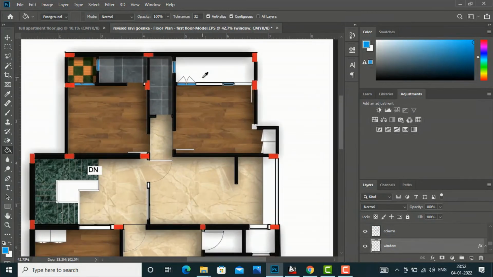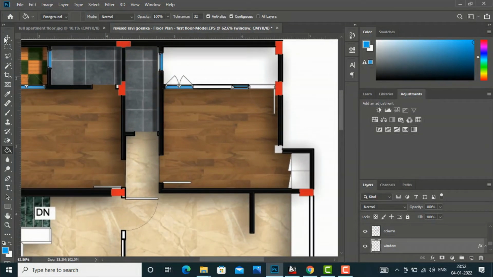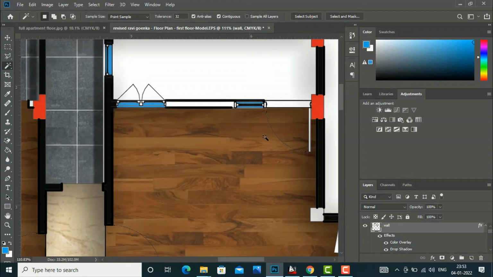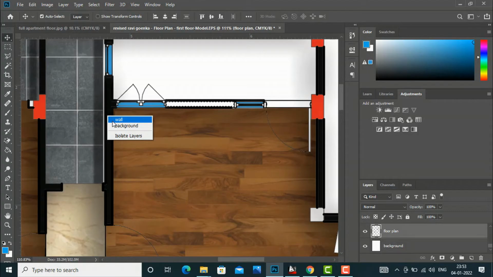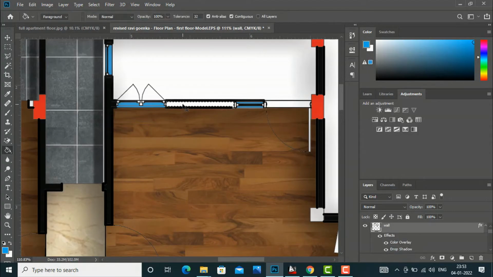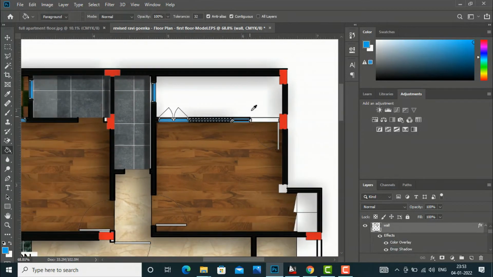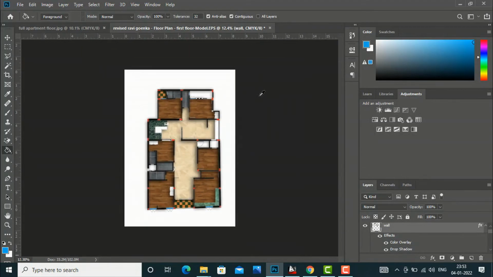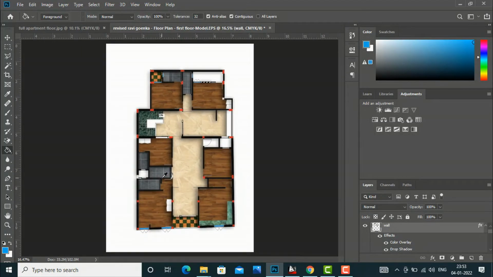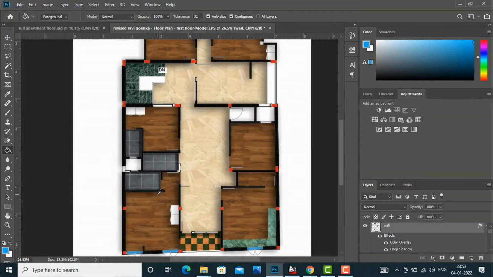And our wall is left here, so you are required to go to your floor plan, then select this one, and now you can right click here, wall, and I will press G here. Now it is changed. So almost our plan is ready, and now we'll apply models like beds and sinks and